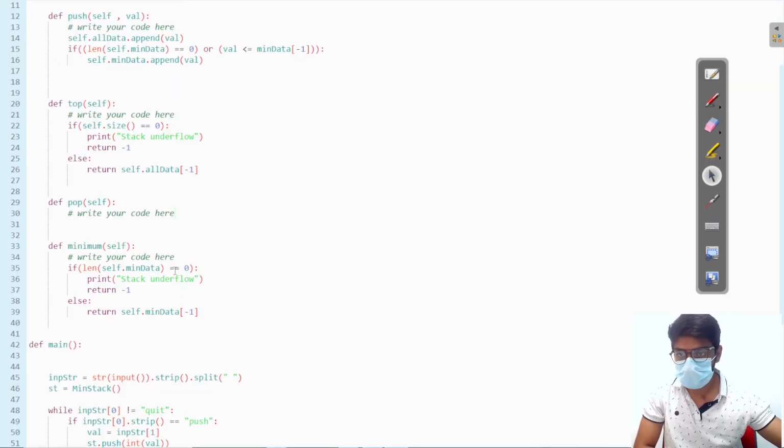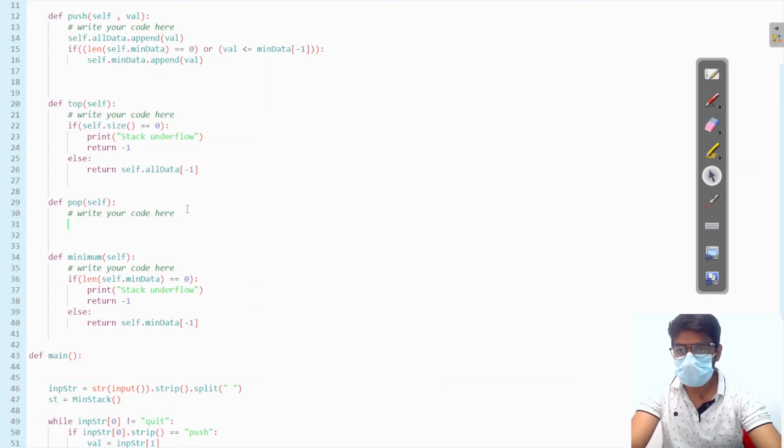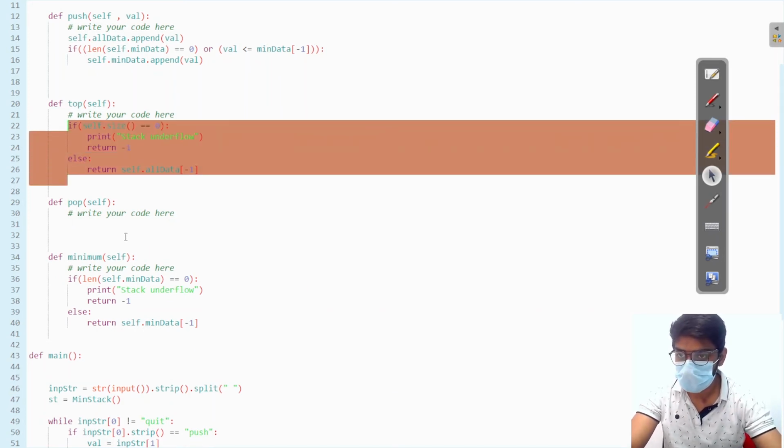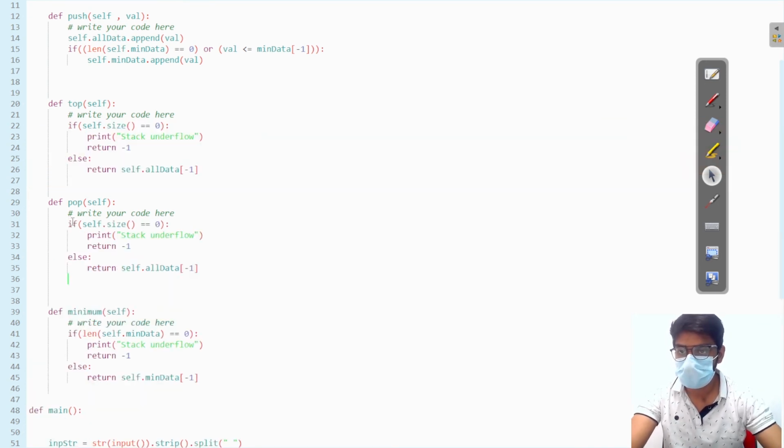So now let's do this also. First I'm going to handle the edge cases, so let me copy it from here. Now I'm going to take a variable, removed value, and pop it from all data.